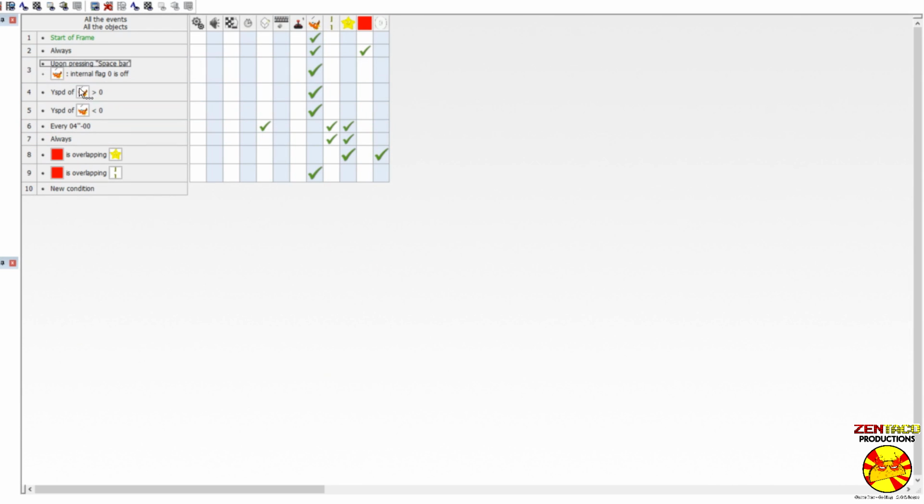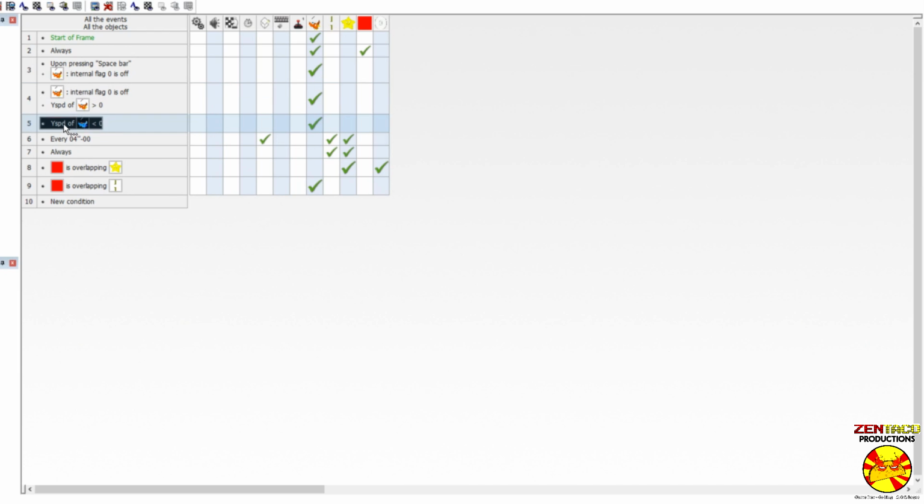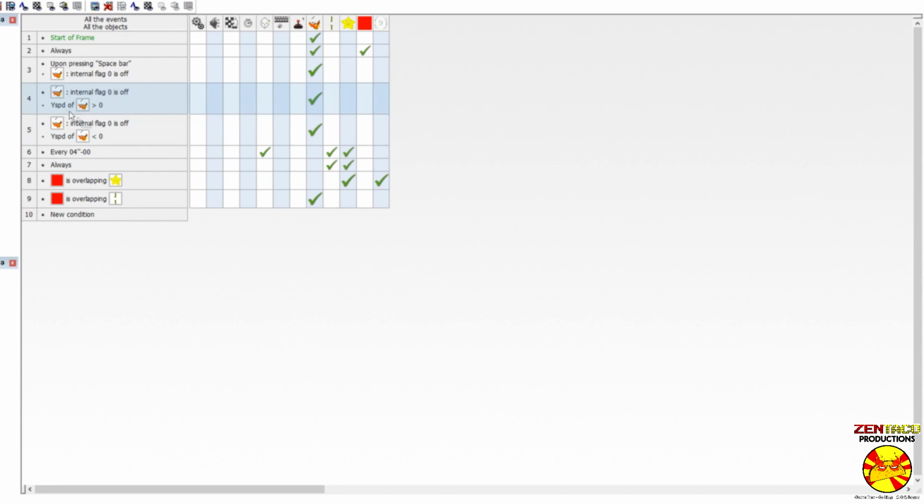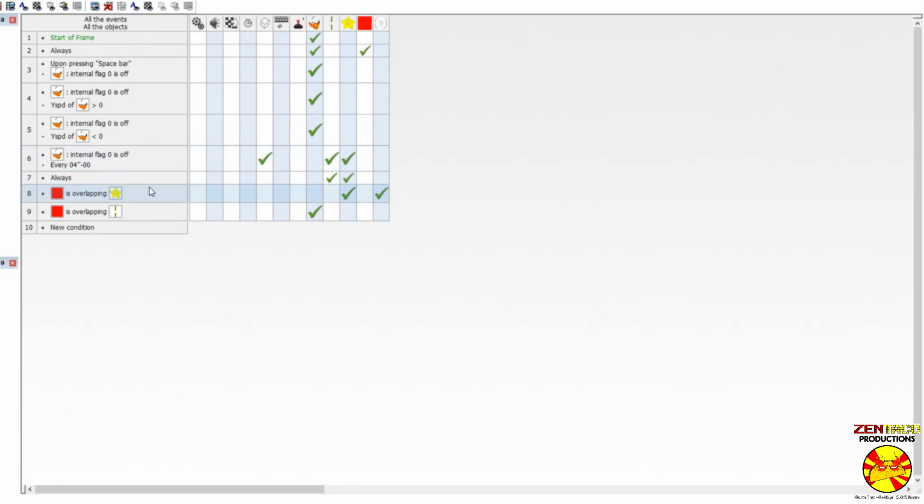Same thing with the animations here. We don't want to do the animations if flag 0 is on. So make sure that this is only when flag 0 is off. Pipes can stop moving as well, so we'll throw that here